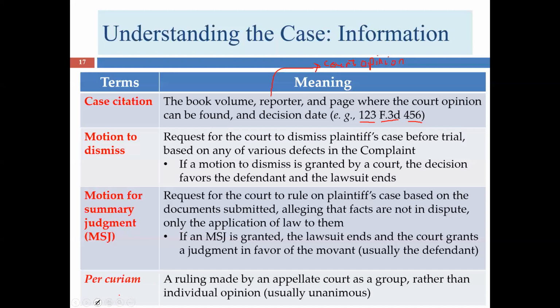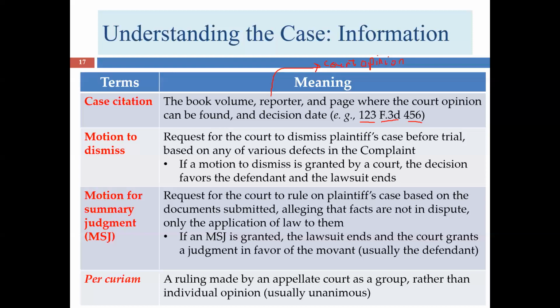Another term is per curiam. You see I have this in italics because it is a Latin term. It literally means by the court. This is a decision that issues, typically in a panel situation where there's more than one judge on the court, and it is being issued as a group. All the judges are signing off on the opinion. In most judicial opinions, the name of the judge who wrote it appears in the opinion, along with the names of the other justices or judges who are joining the opinion. They didn't write it, but they're saying, yes, we agree with it.